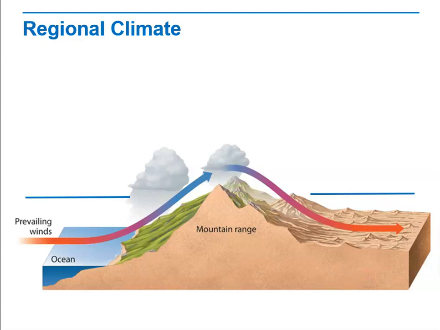Think about these three states: Oregon, Montana, and Vermont. They're pretty much at the same latitude. If you go west to east, you would pass through all of these states: Oregon, then Montana, then Vermont. But they're affected differently by the prevailing winds that blow from west to east. So they have very different climates and very different communities.